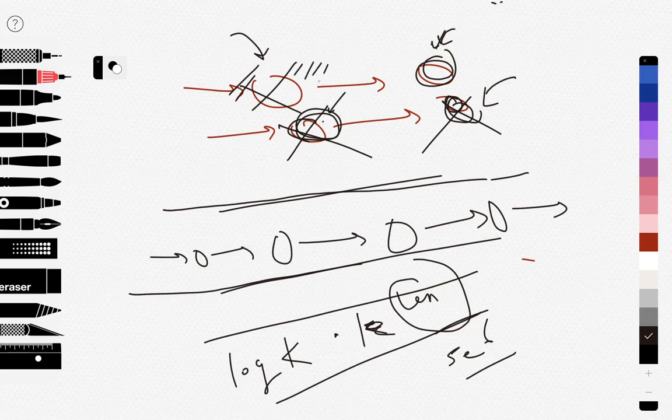Everything has been popped out of the heap, and only one value from each linked list is in the heap. So we already have k values in the heap, and we are inserting one value, so the order is log k. k is 10 to the power 4, and log of 10 to the power 4 is approximately 10.